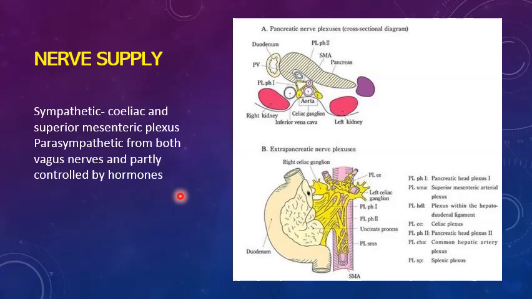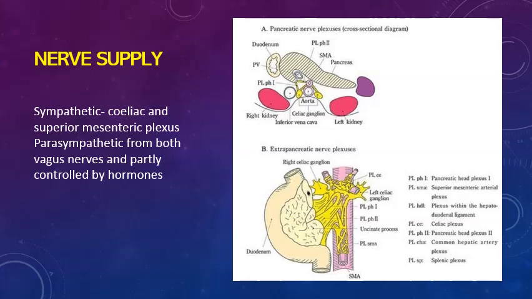So once the acidic food from the stomach enters into the duodenum, then the secretin and the pancreozymin are released. The pancreozymin initiates the release of digestive enzymes from the acinar cells, that is the exocrine part. Then secretin stimulates the release of an aqueous bicarbonate solution from the duct cells, and this conveys the enzymes in an inactive state until they reach the duodenum. So auto digestion of the pancreas is prevented because the secretin is released in an inactive state.